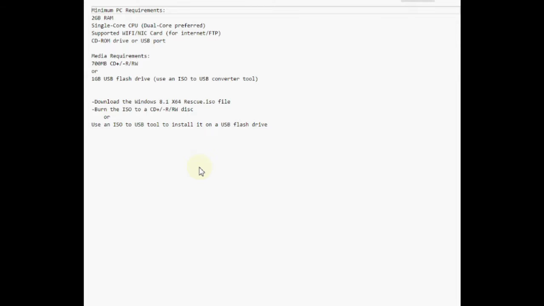And here it is, loaded up into my OneDrive, available for download. Look at the requirements, and the requirements are actually pretty simple. That was also the goal of the project. The minimum system requirements are 2 gigabytes of memory and at least a single core CPU. Obviously, most people are going to have dual core CPUs and 2 gigabytes of memory at the minimum nowadays for most modern computers. There are some capabilities in there like internet access, so if you have a supported Wi-Fi card or a network interface card if you're using Ethernet, you can do internet and file transfer protocol within the recovery